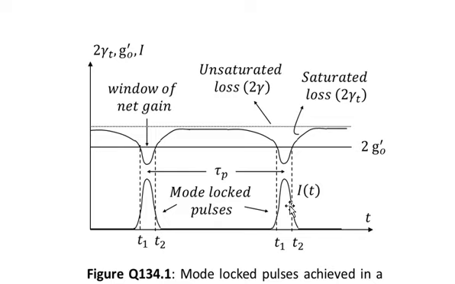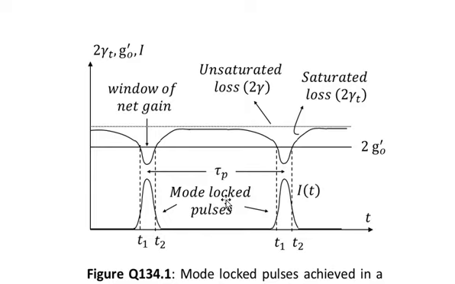So this process will continue, and this peak will again and again be presented to the absorber. Once this pulse has passed through the absorber, the relaxation time of the absorber is so short that the absorber becomes unsaturated, and the other peaks which were present in the profile of the laser will be stopped